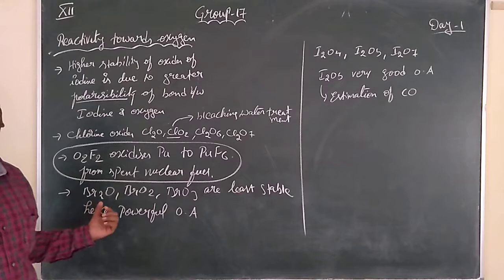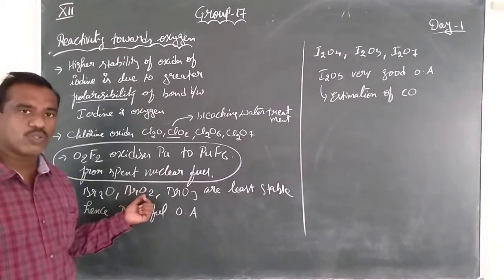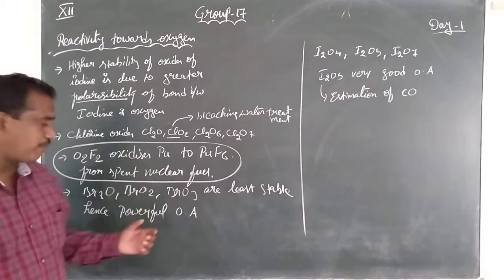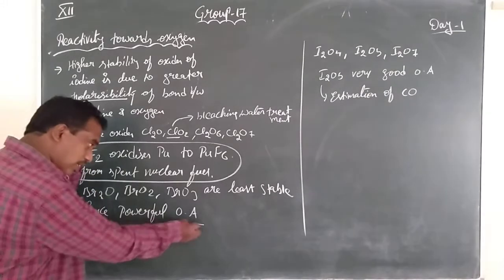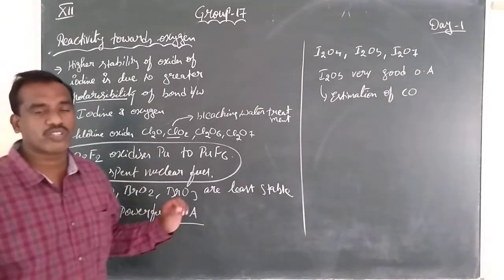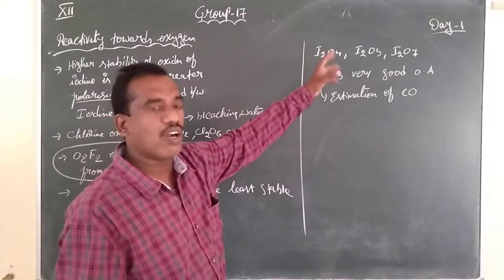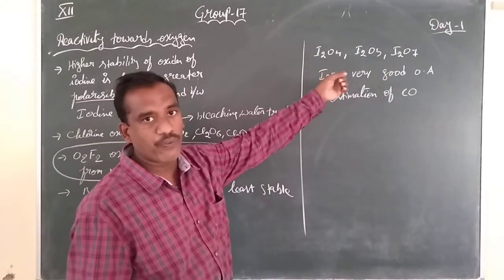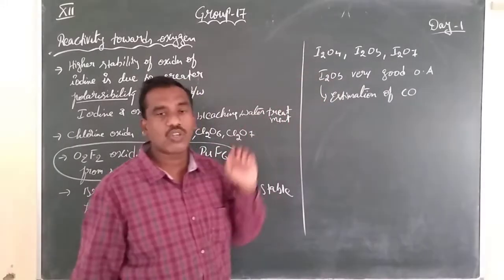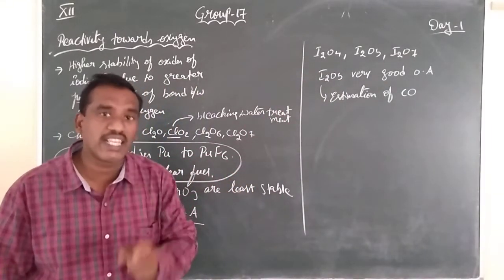Coming to oxides of bromine, it shows Br2O, BrO2, BrO3. These are all less stable, whereas they are also used as powerful oxidizing agents. Coming to the oxides of iodine, it forms I2O4, I2O6, I2O7, even I2O5, which is a very strong oxidizing agent